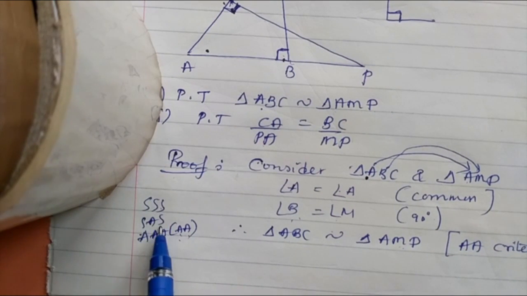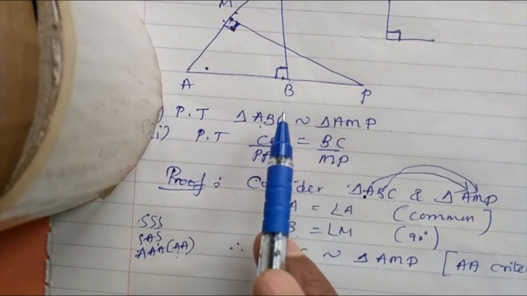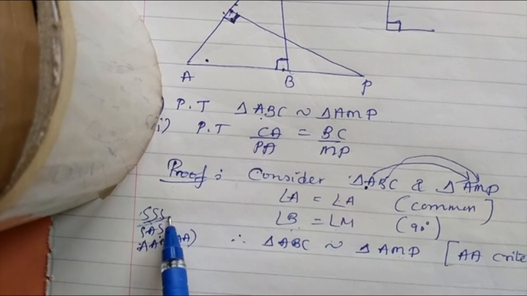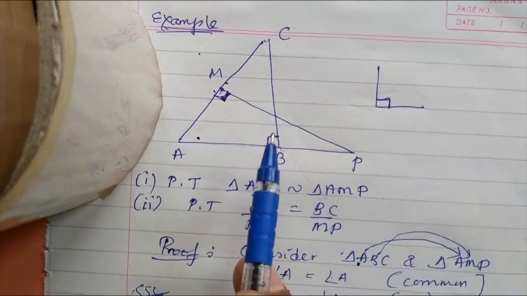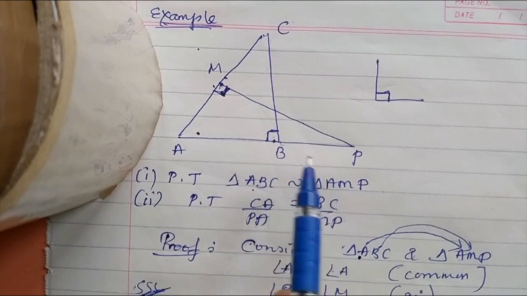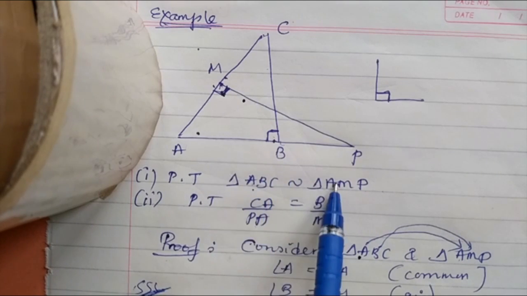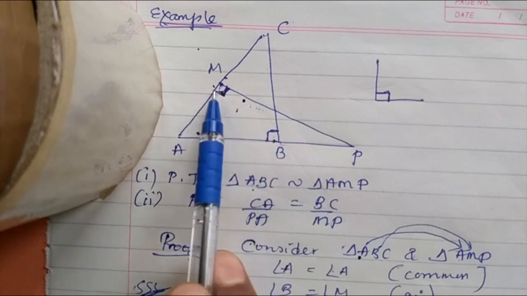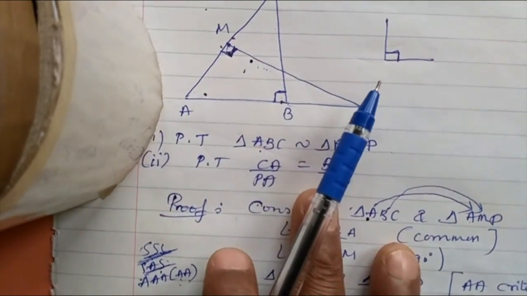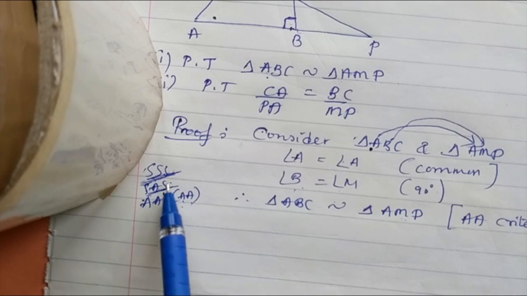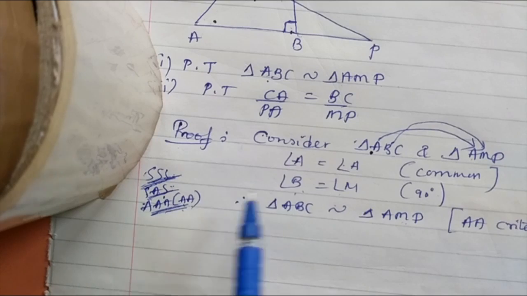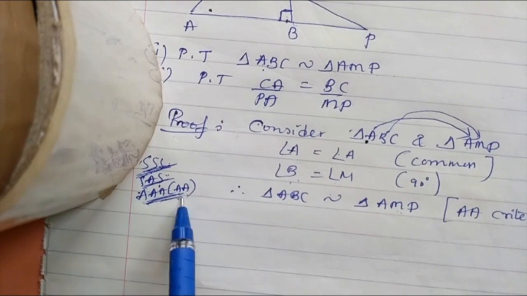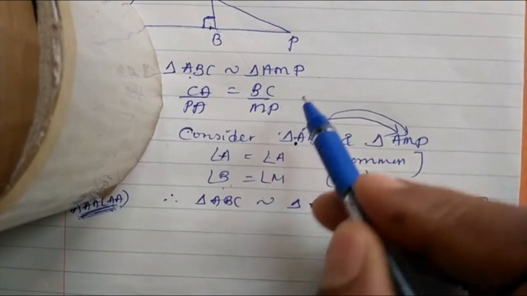When should we use SSS, SAS? That's why you should study the question properly. If three sides are given in proportion, go by this. If two sides are in proportion and one angle is given, go by this. But in this problem, neither two sides nor three sides in proportion are given. Go directly by the problem figure and prove. When we study the diagram, one pair is equal and angle A is common. So we get two pairs of angles. Three sides or two sides in proportion are not given. We are getting only two equal angles. Therefore, the better choice is the AA criterion. So it is proved now.